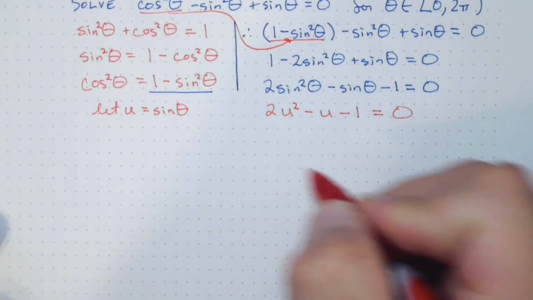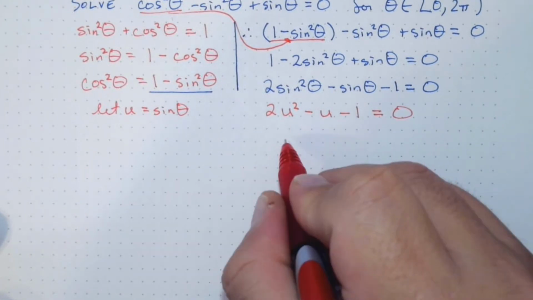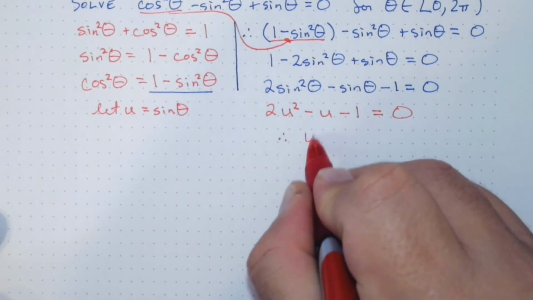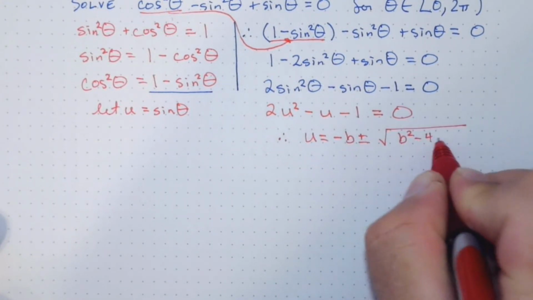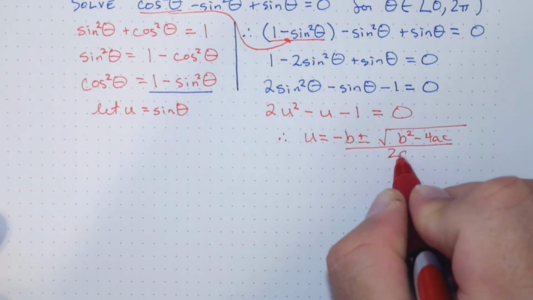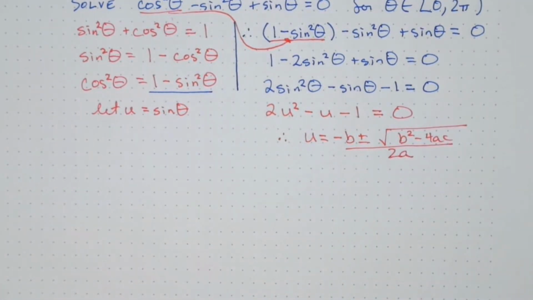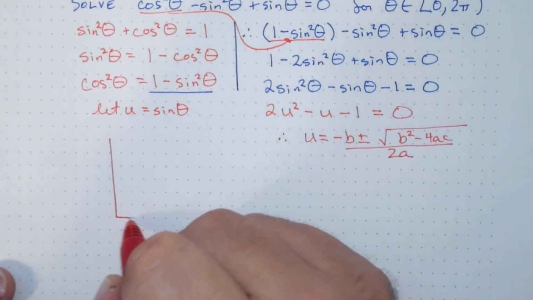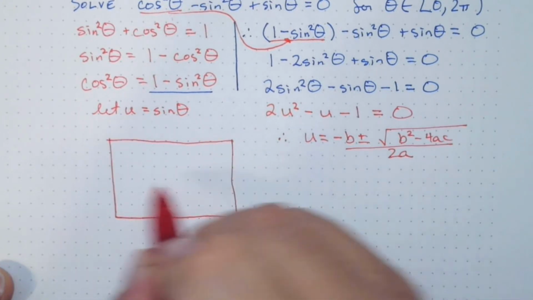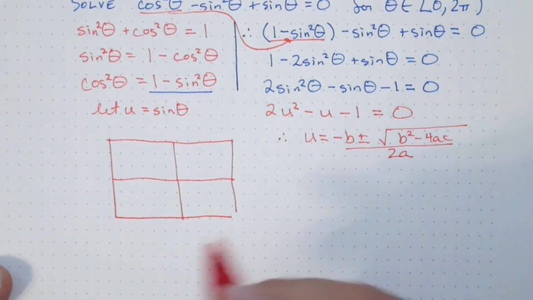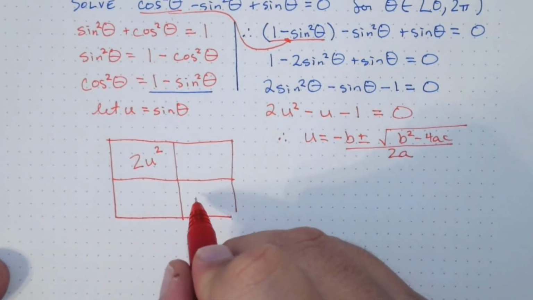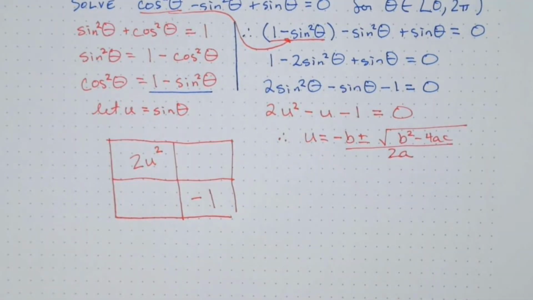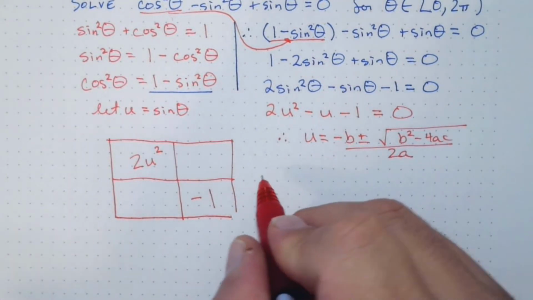I could solve the quadratic form by either using the quadratic formula. So I could say, hey, u is equal to opposite b plus or minus the square root b squared minus 4ac all over 2a. I could use that. Or if I'm more comfortable, I could use the quote-unquote box method. Right? I could think about this in terms of areas. Right? I could say, okay, so I'm going to have a 2u squared area here, and I'm going to have a -1 area there. And I'm going to need to consider,